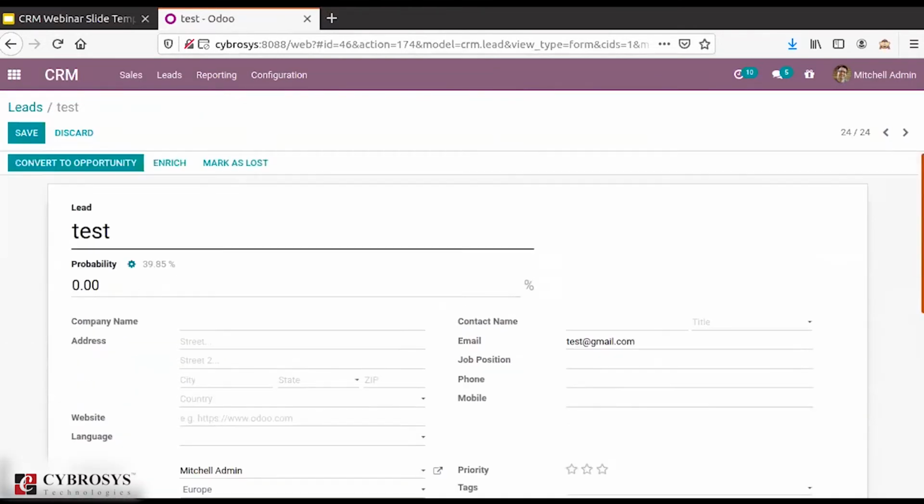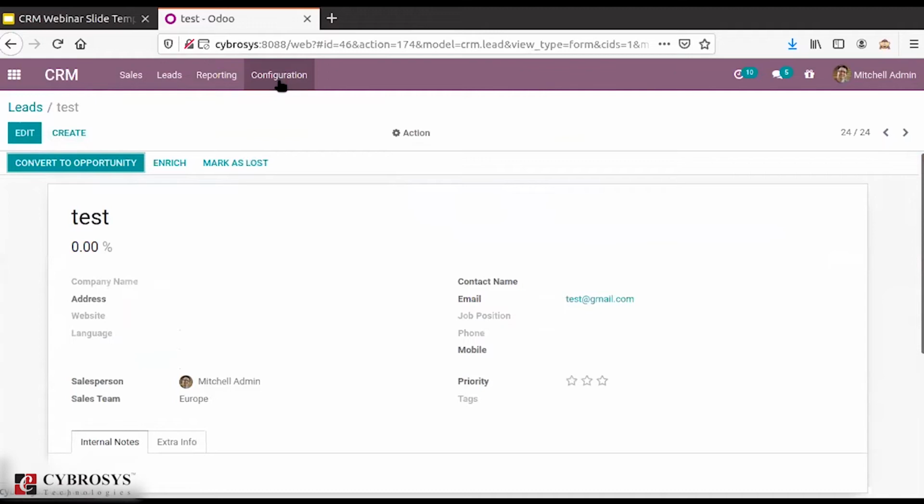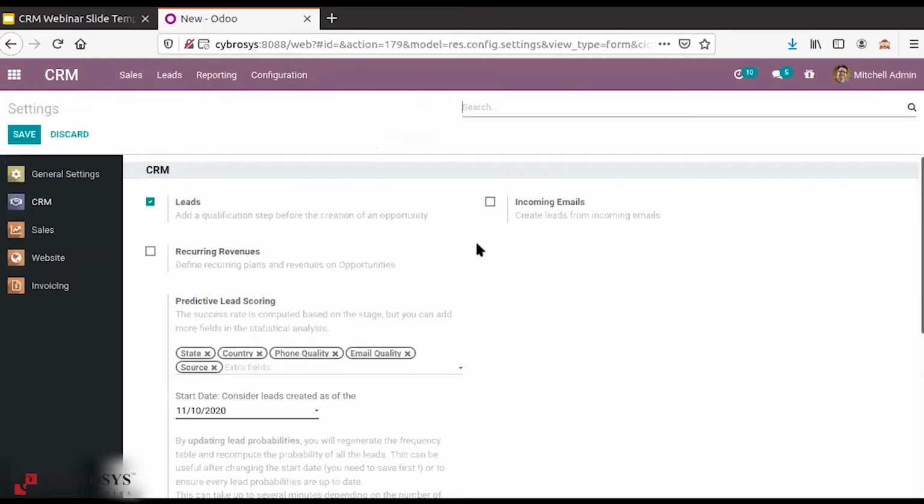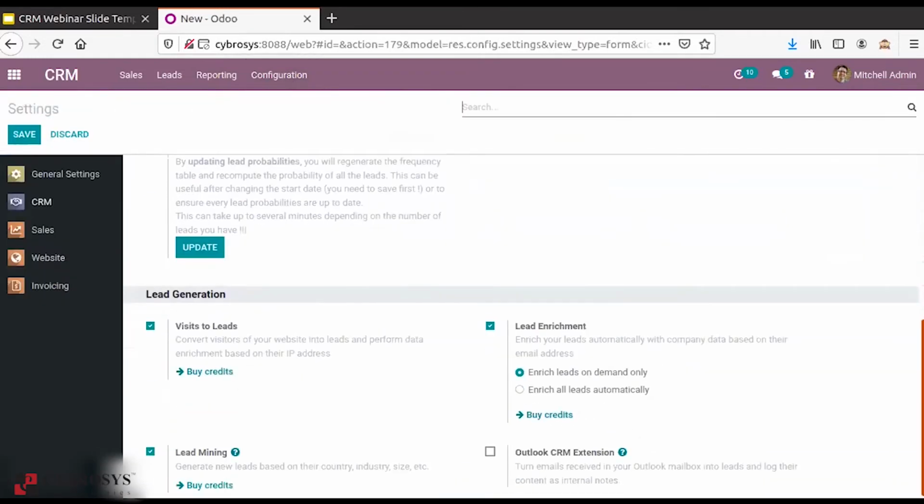Basically, lead enrichment is a method by which you can enrich your lead by simply knowing the email address of the company. Obviously, it is yet another lead generation technique, but it is a paid service. So this is about lead enrichment.